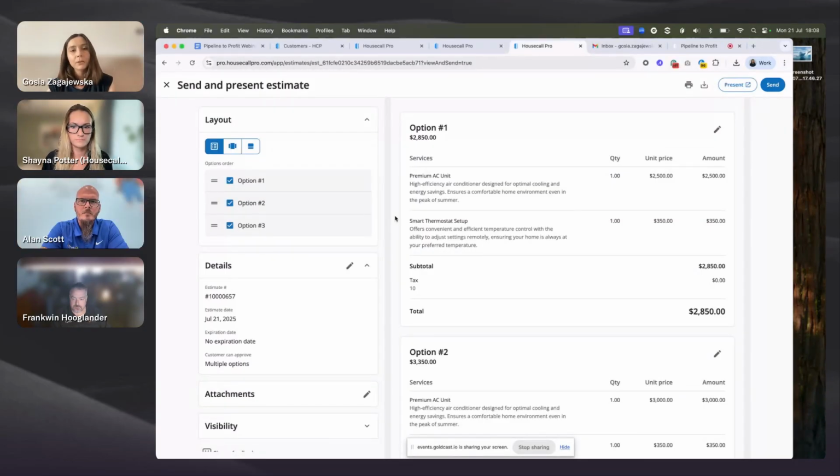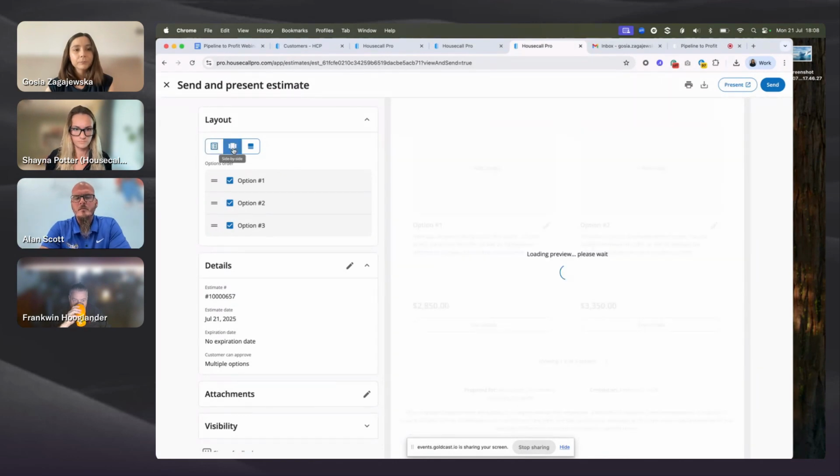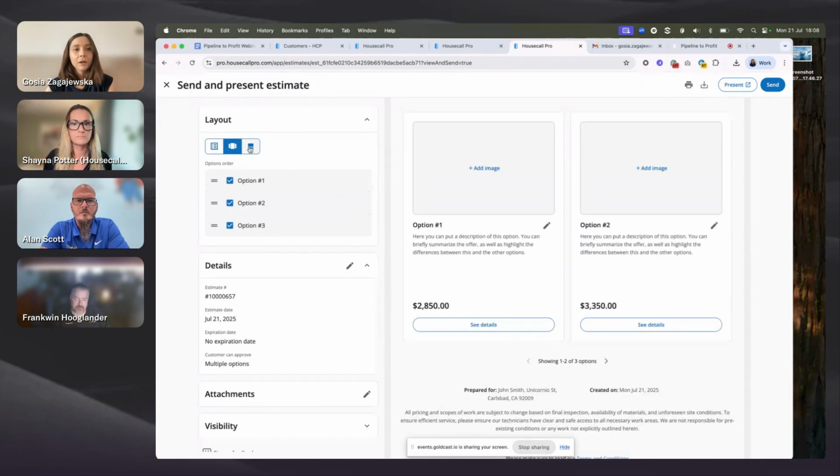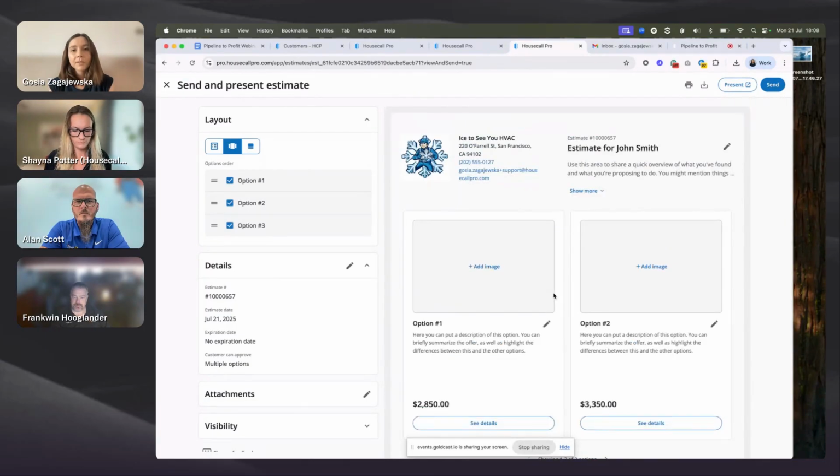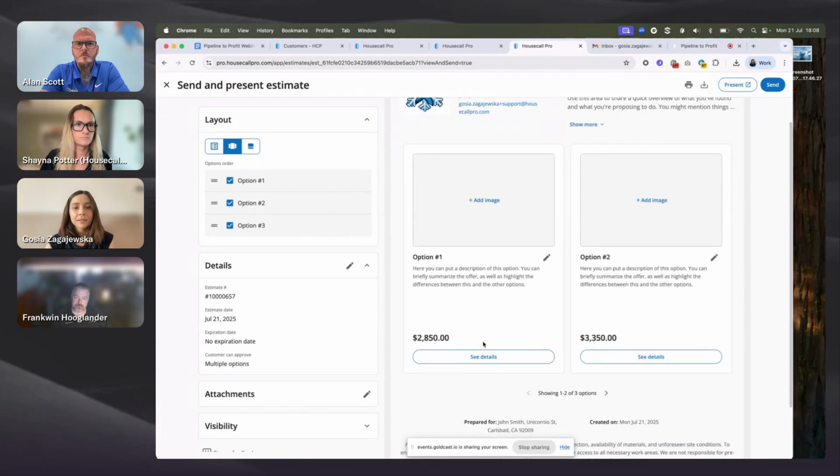However, if you would like to boost the sales, we highly encourage you to use the side-by-side or the stacked layout and create a proposal. To create a proposal, this is a very simple process. I will first create this from scratch, and then I will show you how to use templates. Basically, what